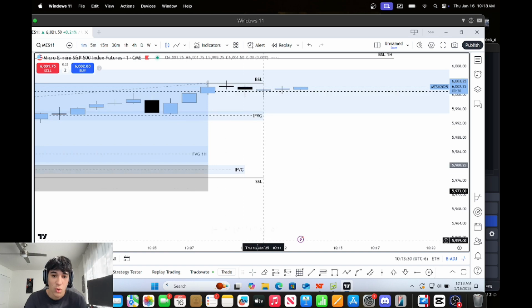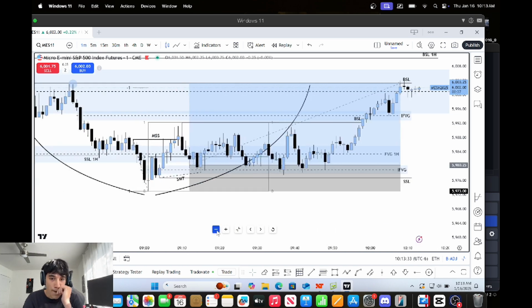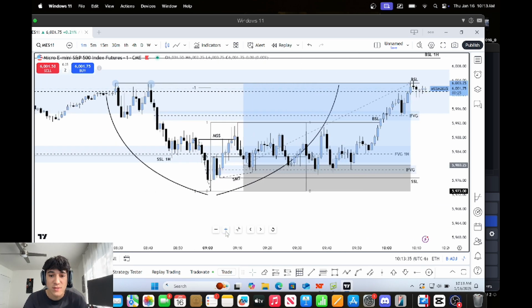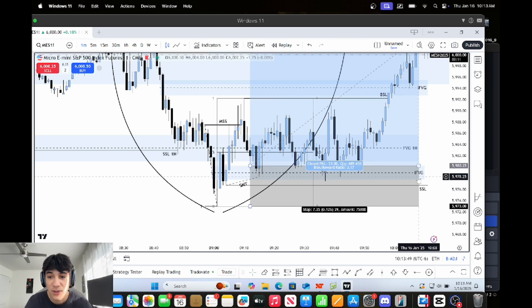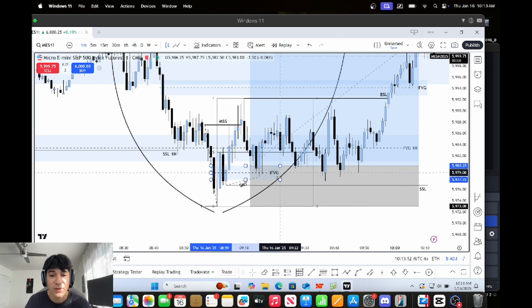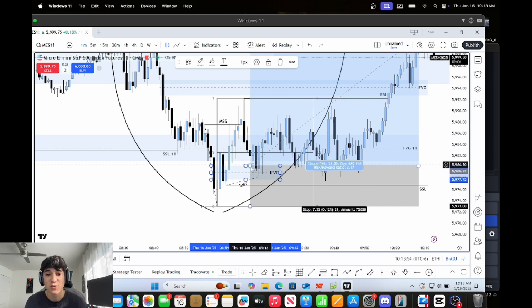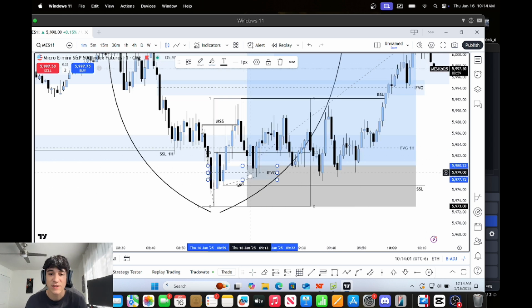And so what I was looking for on the 1 minute was a market structure shift. And we see here that we get a market structure shift right here. And you know me, all I do is wait for price to retrace into equilibrium and an imbalance. And we see here that there's this inverse fair value gap right here that I saw price want to retrace into. I entered right here on this 9:12 candle,